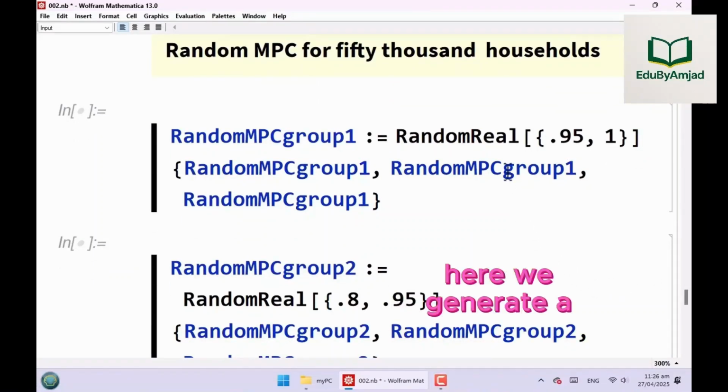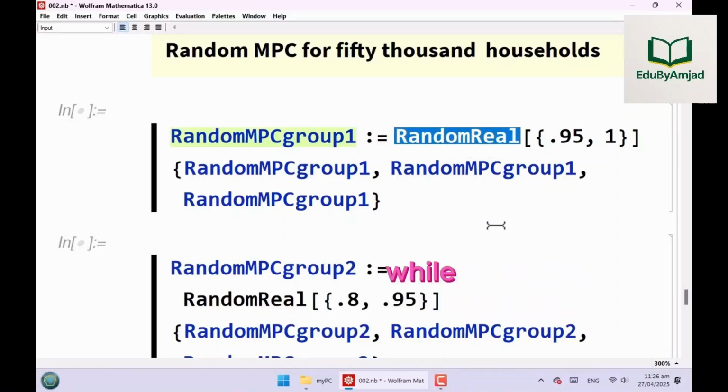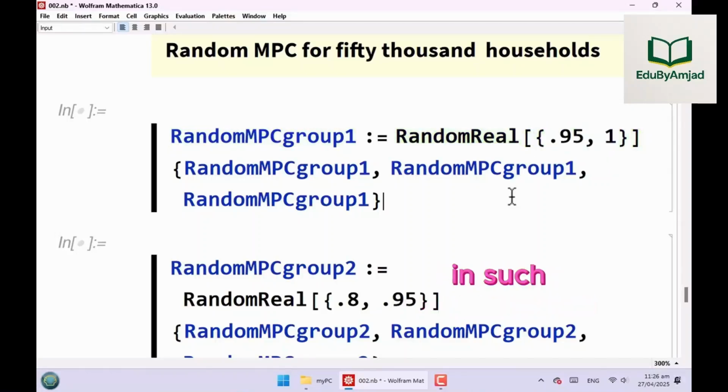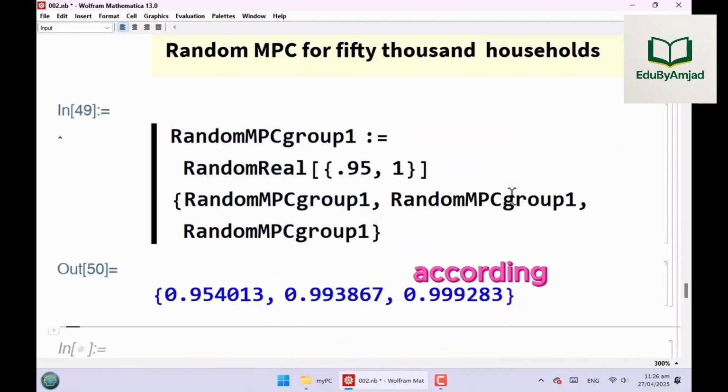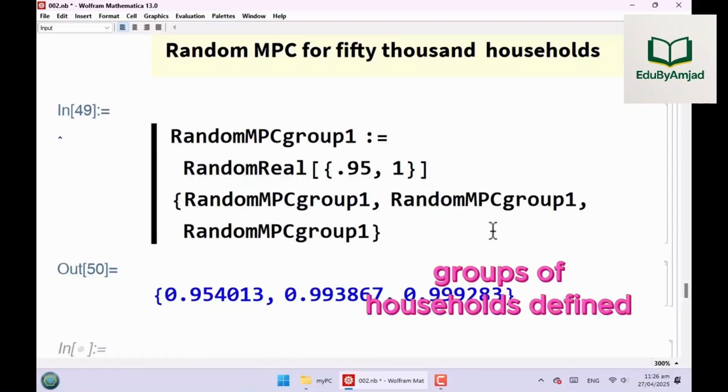Here we generate a unique MPC for every single one of the 50,000 households. While generating these MPCs, we also make sure that they are generated in such a way that they fall within the limits according to the 3 groups of households defined earlier.